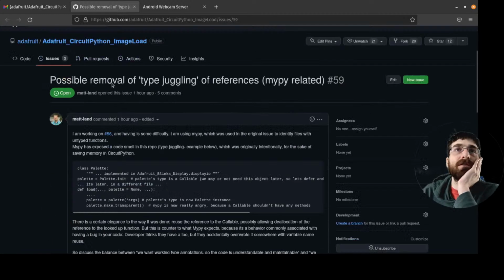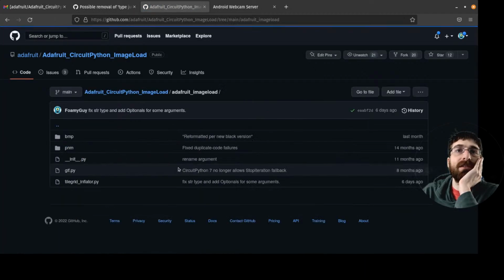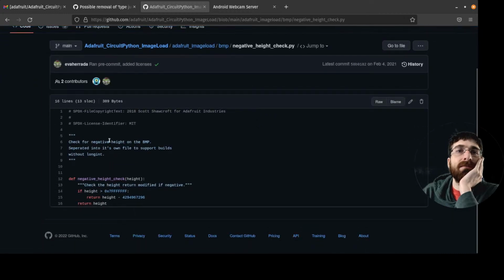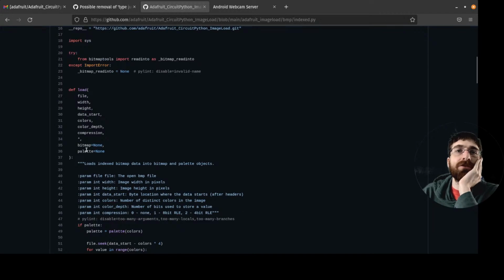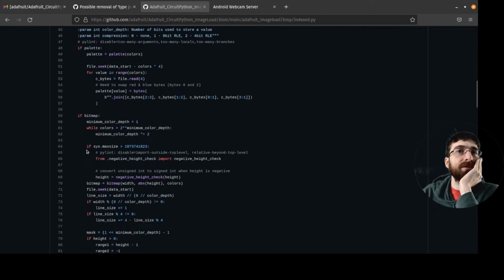I don't know that I've looked inside of this library too much. I think I made one change in this library. This thing. Yeah. But I didn't really touch very much of the code when I made that change.